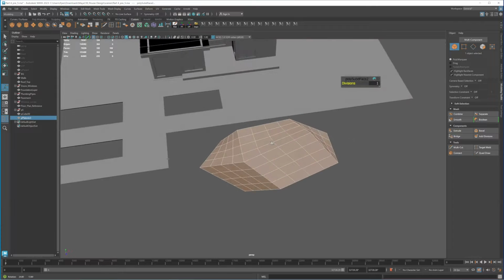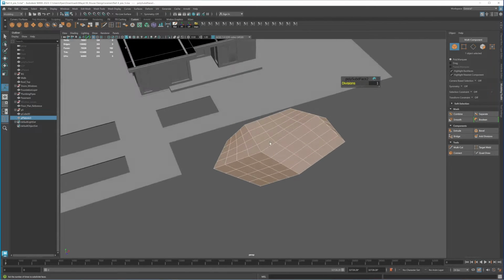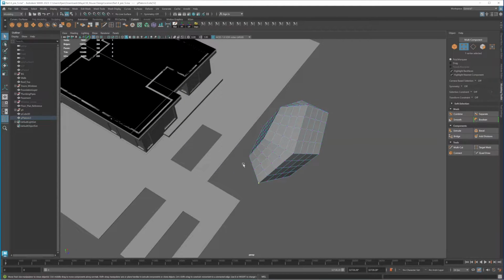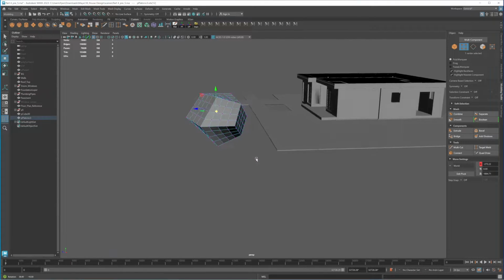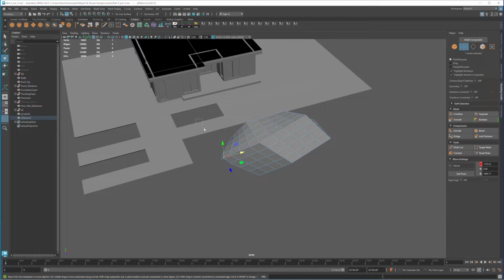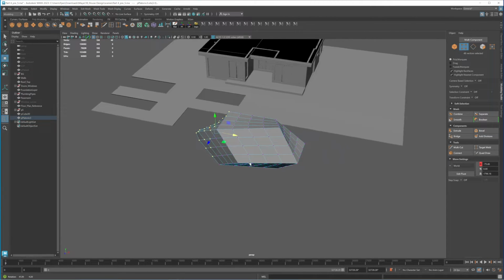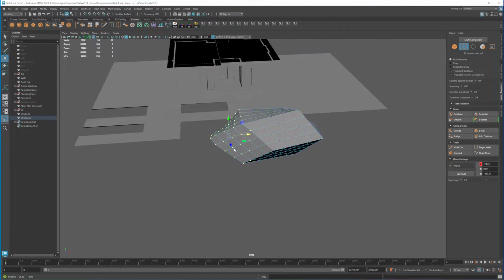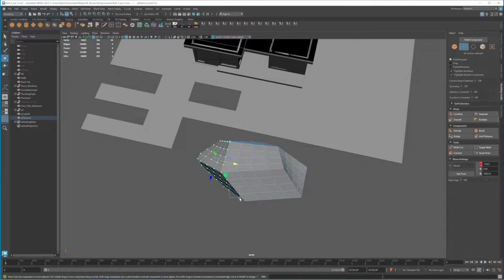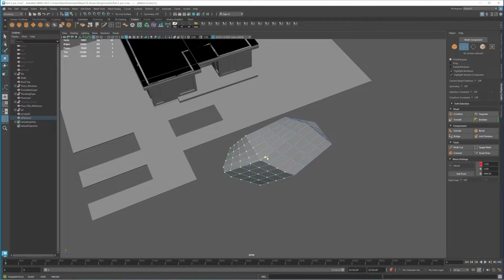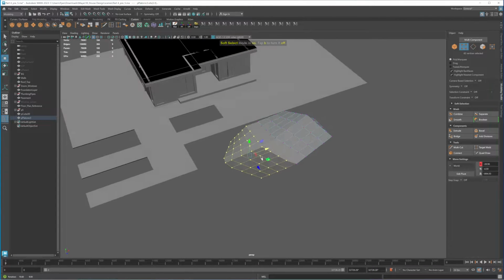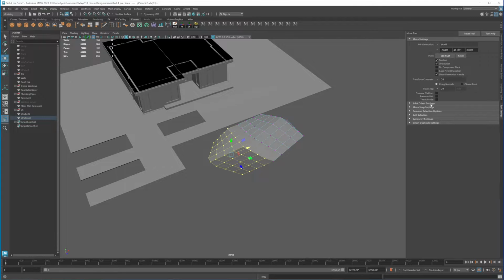Okay, so what I can do now is, let's go to vertex mode, and this is too pointy, so I'm gonna reduce that a little bit like so, and maybe this one is, then I can grab some of this vertex like this and maybe a little bit of these ones right here and just push it a little bit, and then I can press B on my keyboard to activate soft selection.